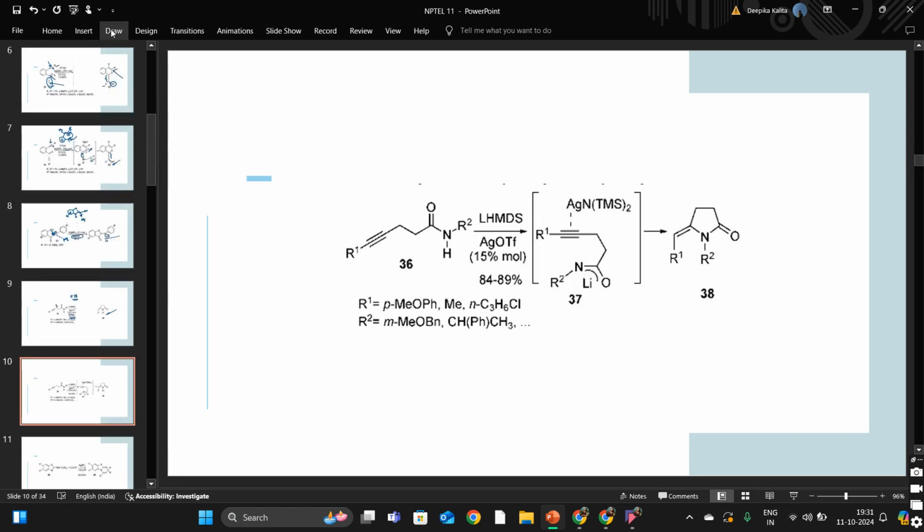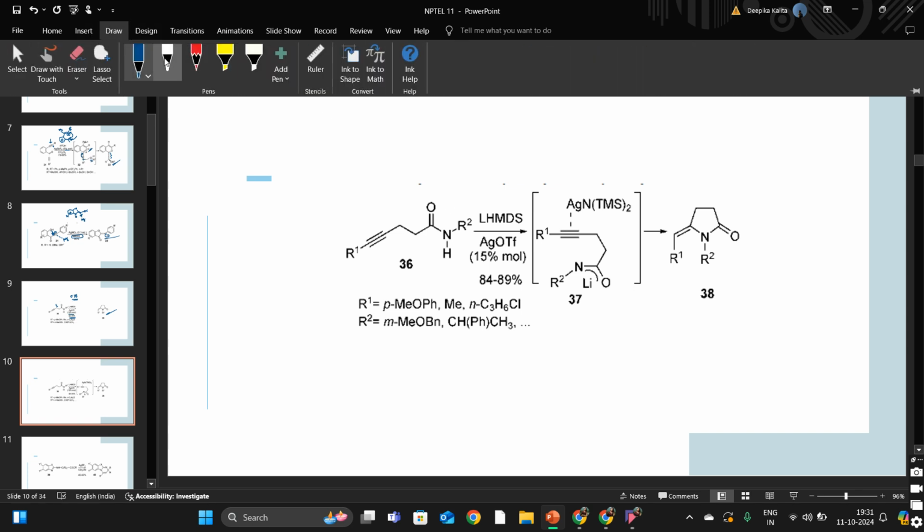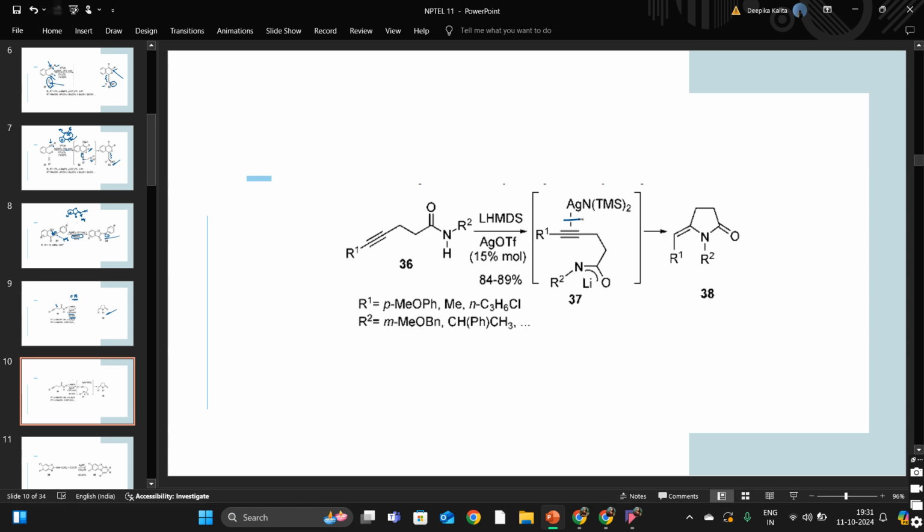At first, what will happen? Silver, like we have seen in the previous questions, is going to activate the alkyne. As a result of this activation, we get a vinyl carbocation in a very similar way that we saw in the previous question. On this side, we get a vinyl carbocation because we have the possibility of forming a stable cycle, which is the 5 membered heterocycle. So after the formation of this vinyl carbocation, the nitrogen atom is going to attack at this carbon,